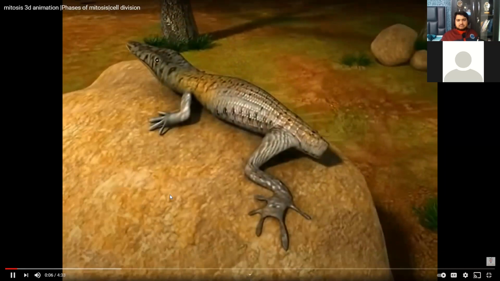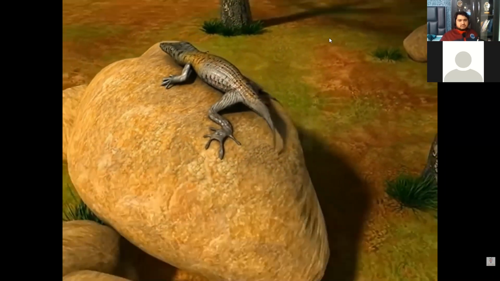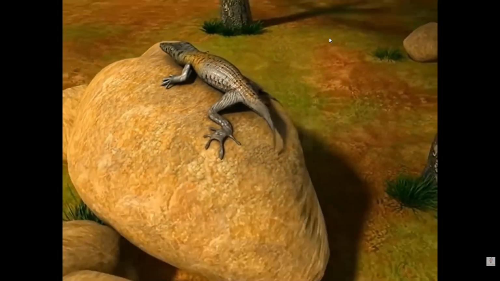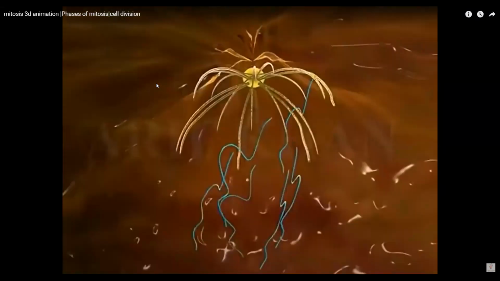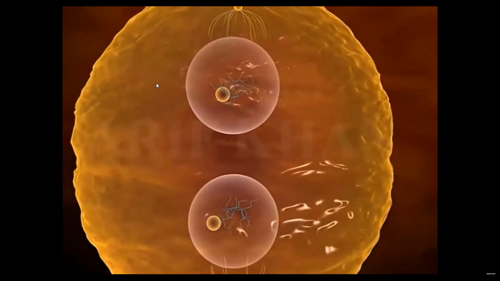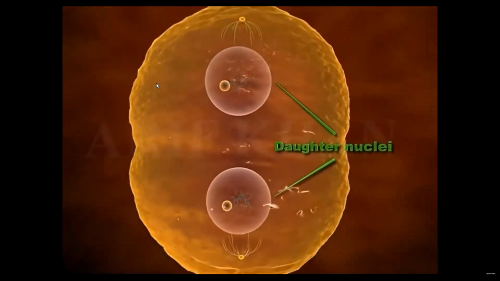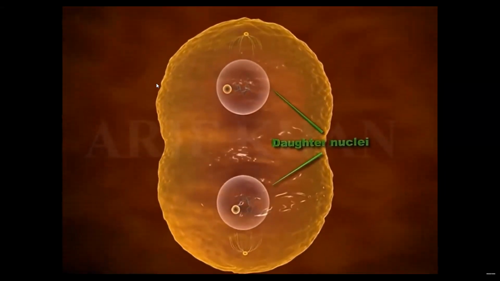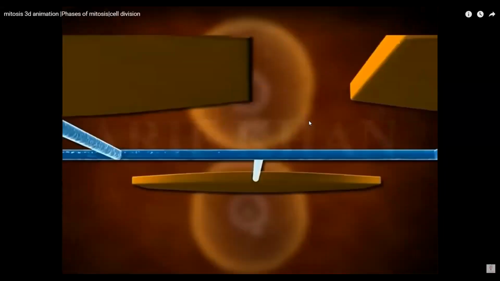Mitosis is a process of cell division that makes possible regeneration of body parts. To elaborate, mitosis is the separation of nuclear chromosomes into two identical daughter nuclei. It is divided into four key